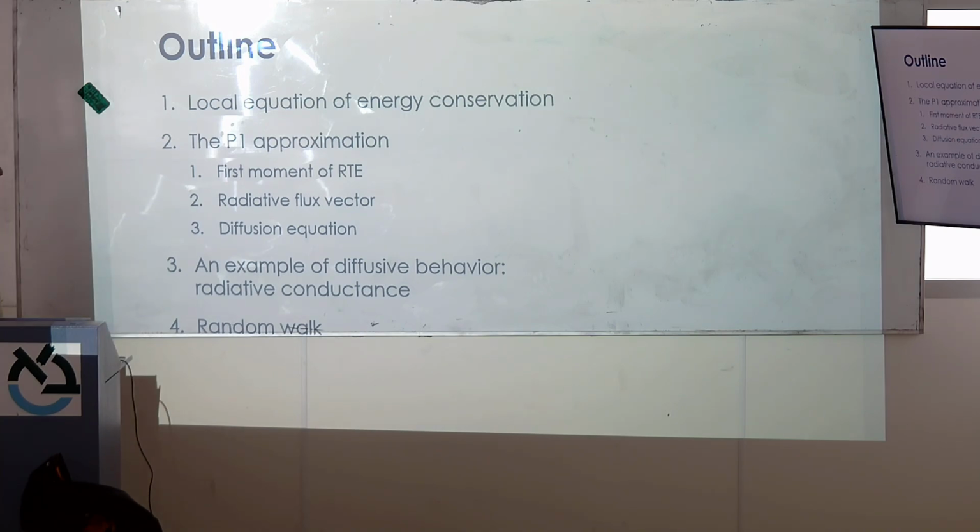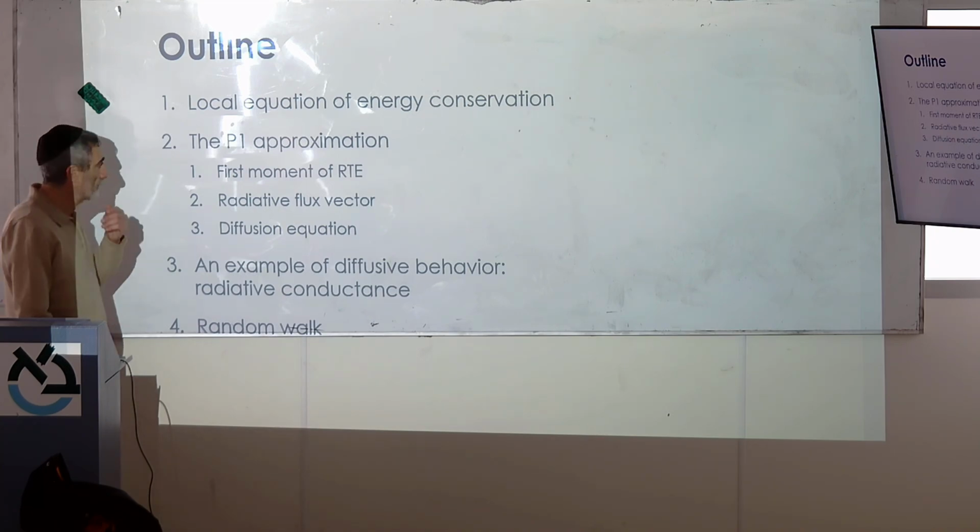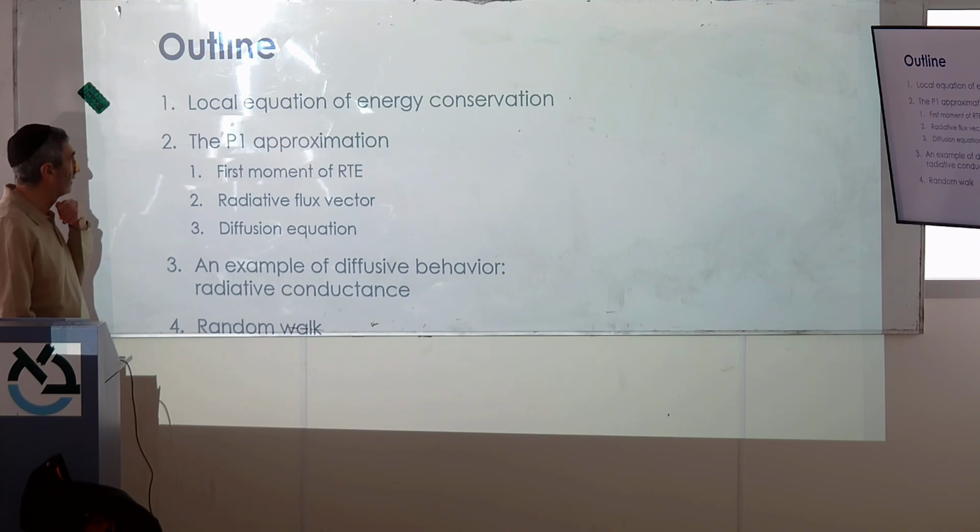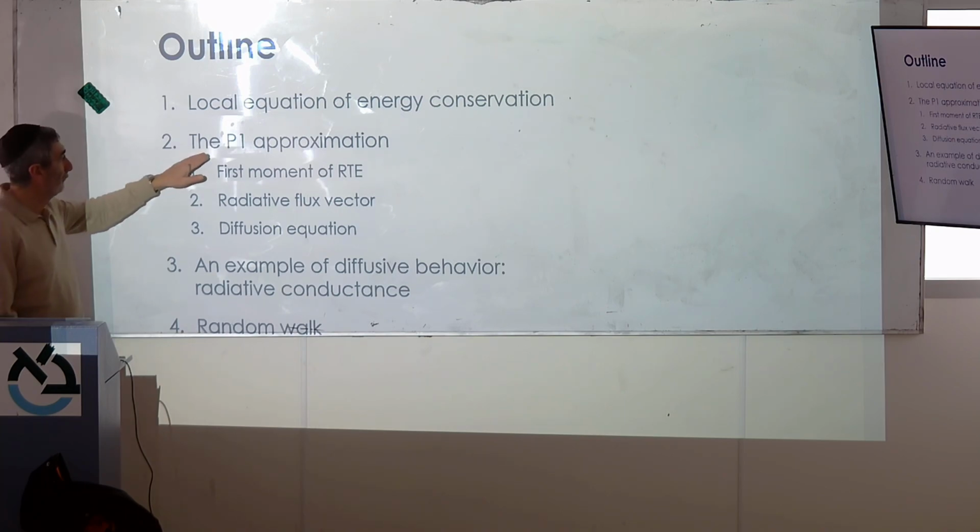Okay, so what I will show you is that we are going to do a kind of expansion of this function p of u prime. We are going to show that you can consider the zero order of the expansion, the first order. The zero order will give us an equation of energy conservation, and the first order, this is called the P1 approximation, will give us actually the equation that we are looking for, and will bring us to